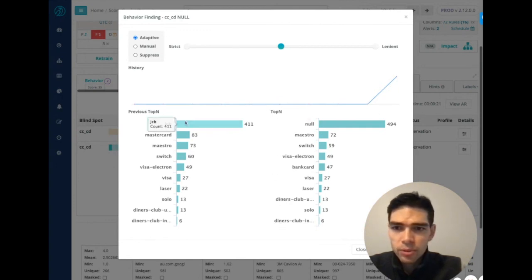So I can see the representation of JCB relative to the distribution of null in the most recent scan, and that lines up roughly with the null ratio series. This is the metric series, where this column's never been null. It's never had nulls, yet today it's almost 50% null. So this lines up almost identically. It really helps us get to the bottom of the root cause pretty quickly. Now, here is where an analyst or an end